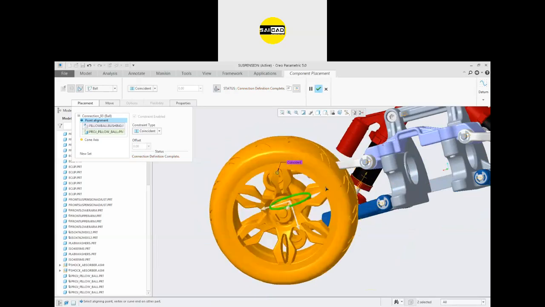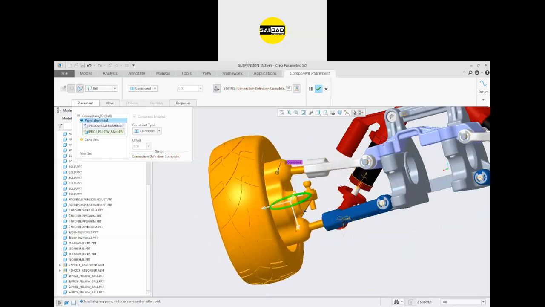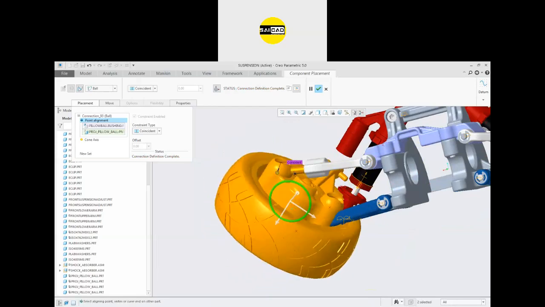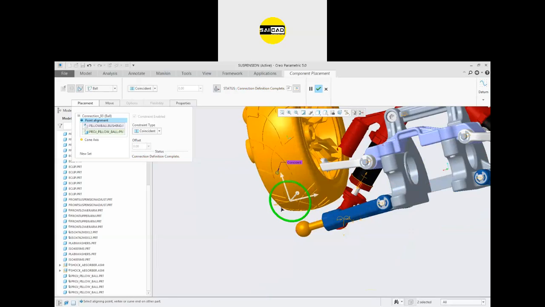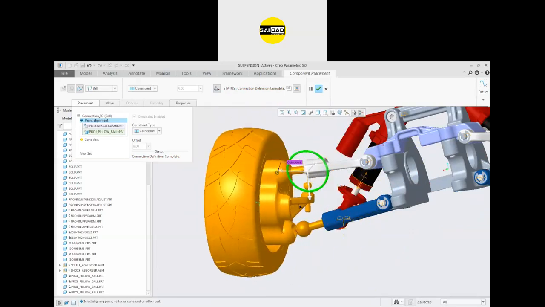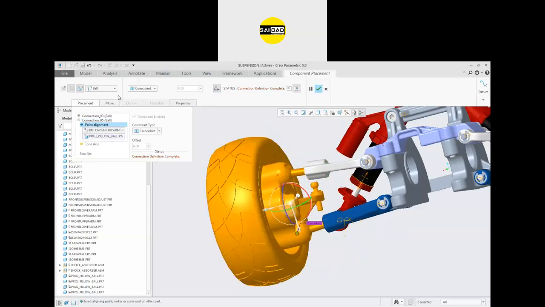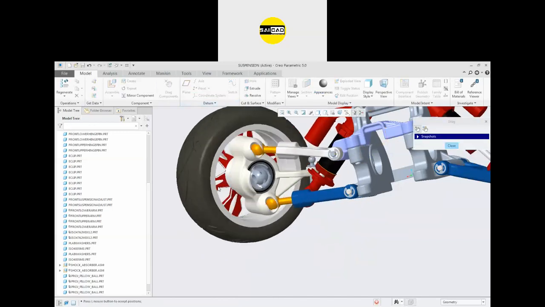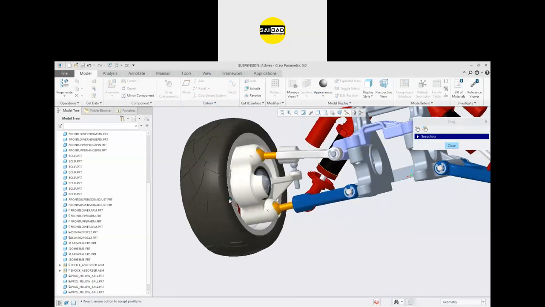The ball can be rotated, the object can be rotated in 360 degrees according to the motion, according to the point. Okay, so we need to apply another point here. For that, just go to the menu and you can just select the points again, and there is the relation. Just click OK, and if you drag, the component can be rotated around 360 degrees.